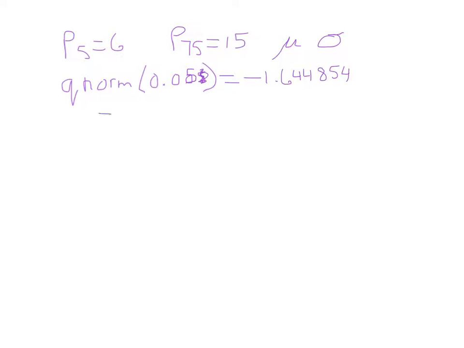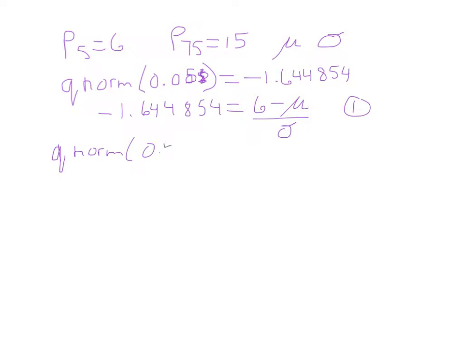If you put that into the Z-score formula, then we've got 6 for that value, minus mu, over the SD or sigma. So that's like equation 1. Then if we do the same thing for the P75, the 75th percentile, the qnorm for that is 0.75, and the Z value that I got for that is 0.67,